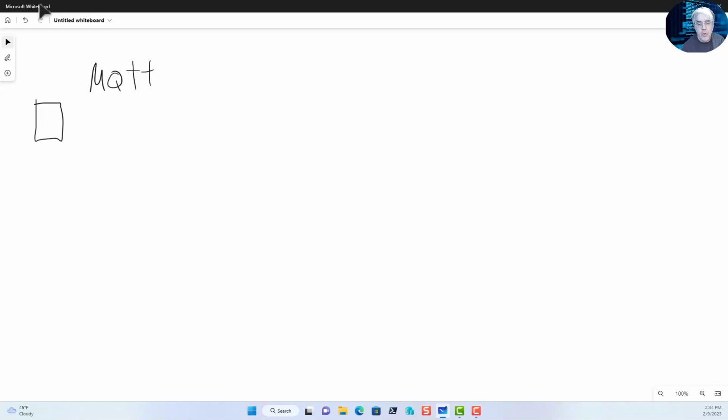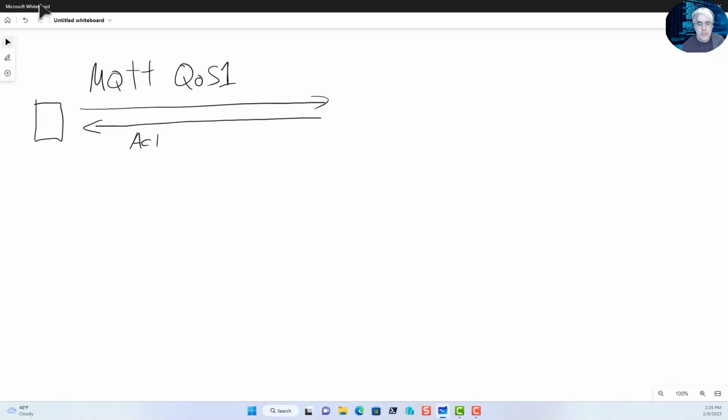Now we're going to use quality of service, QoS, 1. And quality of service 1 means at least once delivery. So for every message that gets transmitted out of the device, we're going to get an acknowledgement back. Now, for messages that we don't receive an acknowledgement back, it's going to automatically retransmit, and that's all handled automatically